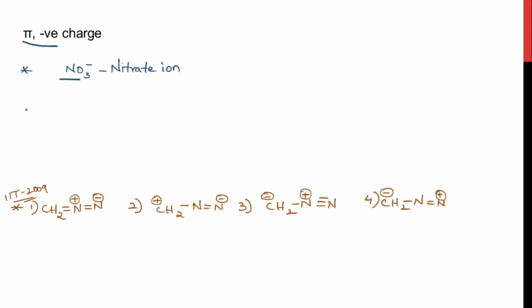First one is the nitrate ion, where nitrogen is bonded to 3 oxygen atoms. 2 oxygen atoms have a negative charge. Yes, they have formed only single bonds, and 1 oxygen has formed a double bond. So the nitrogen will gain a positive charge on it. Fine, we are going to write the resonating structure. Now this negative charge will shift towards this bond, and these pi electrons will shift towards the oxygen atom. Now this is the second resonating structure.